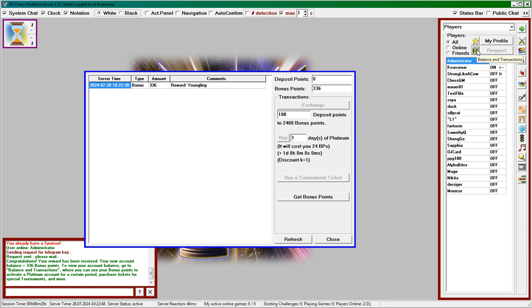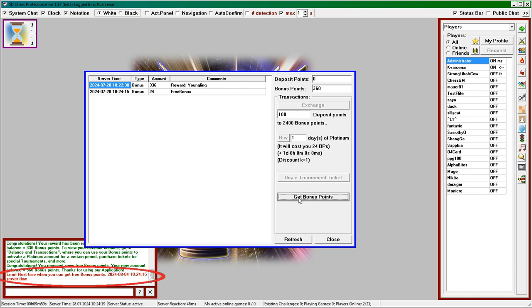So, due to the fact that I sometimes have to upload updates and disable the server, I spend the paid time of subscribers, which needs to be compensated. For this, there are weekly bonuses that you can receive by clicking here. Clicking again will show you a message in the system chat when you can receive the next bonus.